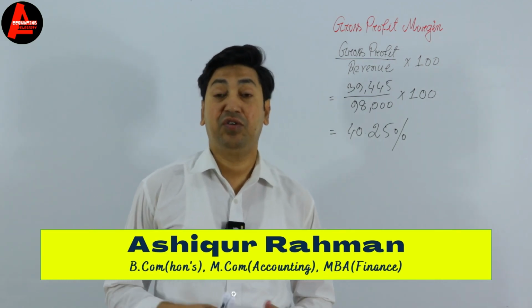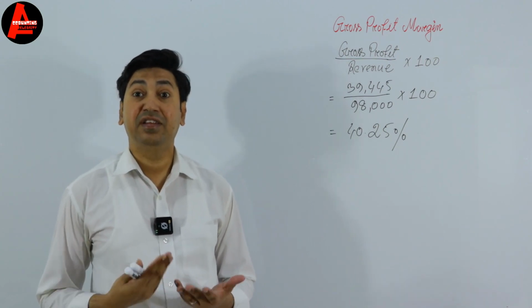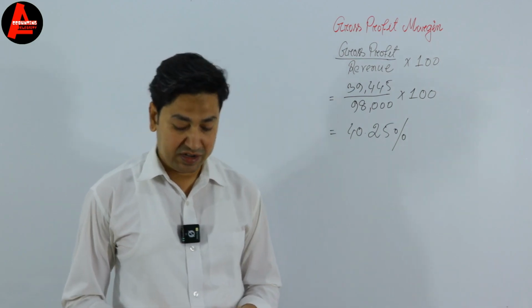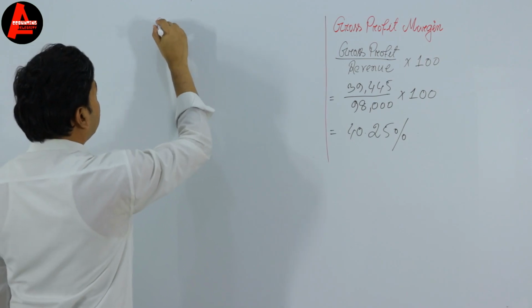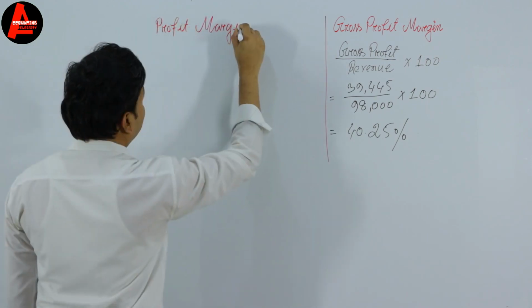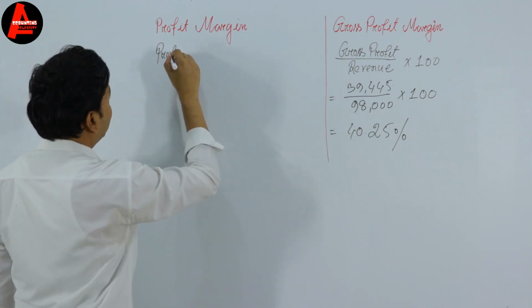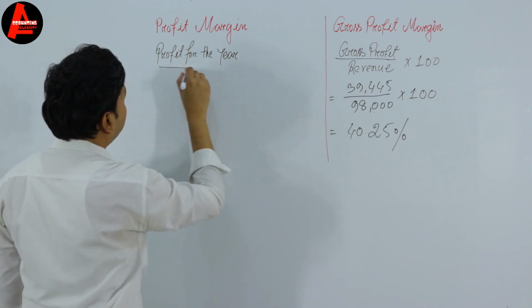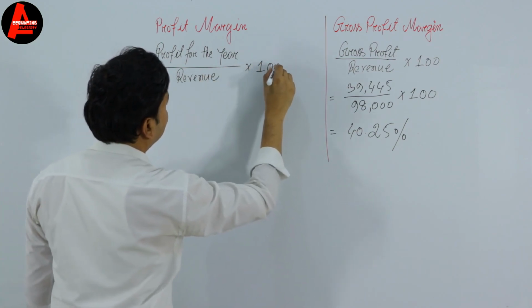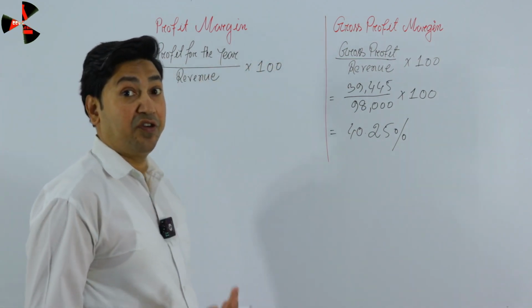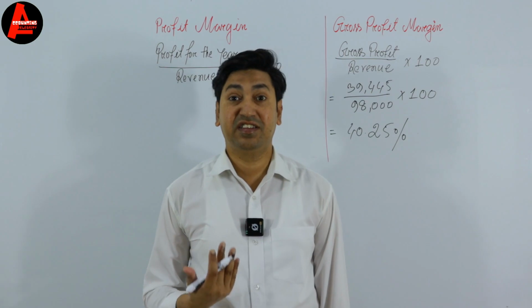So profit margin, what is the formula? It is simple. Profit for the year divided by revenue times 100, yeah? So let us write here the formula. Profit margin. So the formula is profit for the year divided by sales revenue times 100. Okay, so here for your better understanding, we are following a question taken from a 2023 IGCSE accounting past